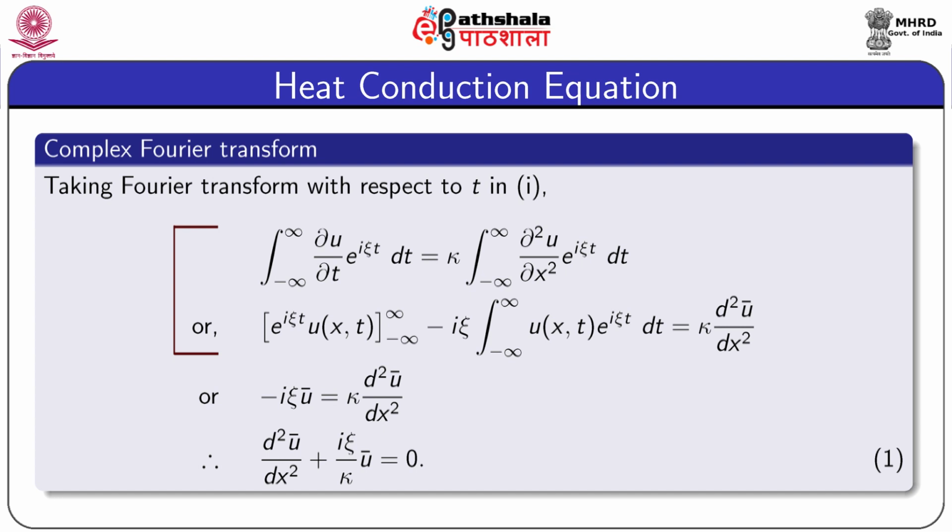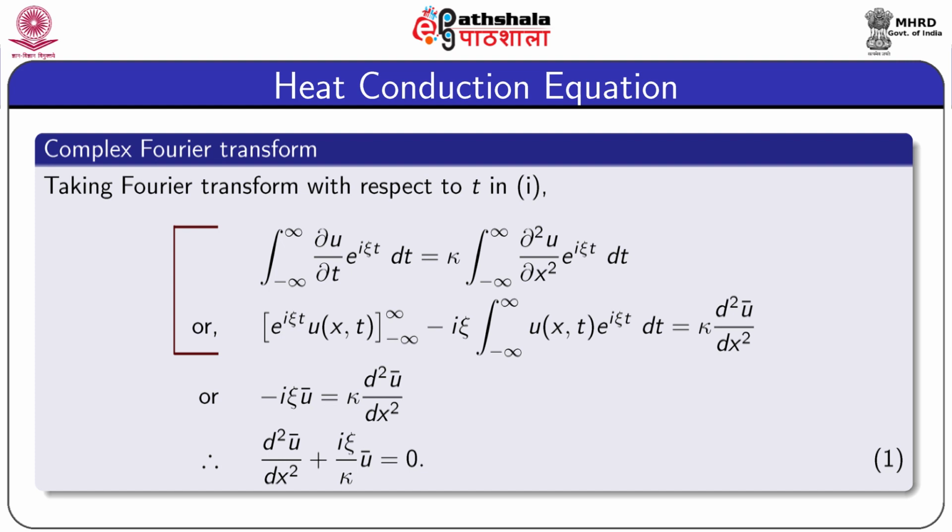Here we again interchange the operators integration and differentiation, then this equals κ d²ū/dx², where ū is the Fourier transform of u with respect to variable t,